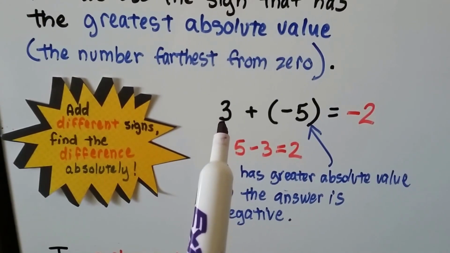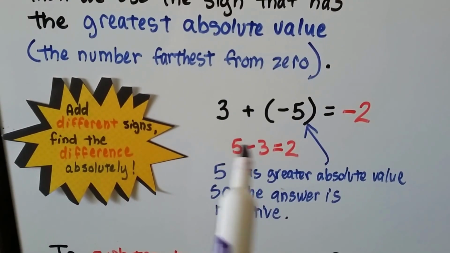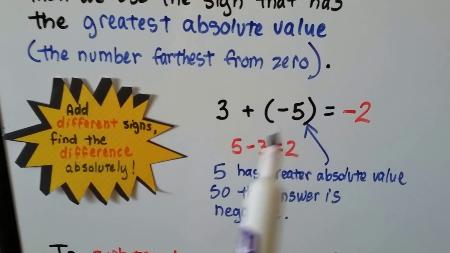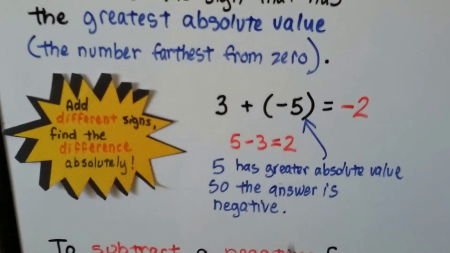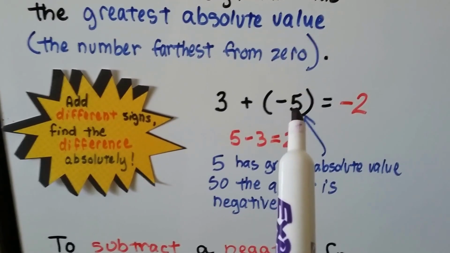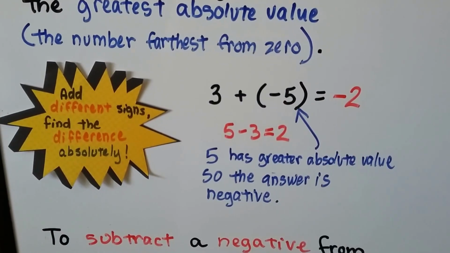We add a positive 3 and a negative 5. It's like saying 5 minus 3. We find the difference between the two numbers. The difference between 5 and 3 is 2. And 5 has a greater absolute value. It's farther away from 0 on the number line, and it's a negative, so our answer is going to be